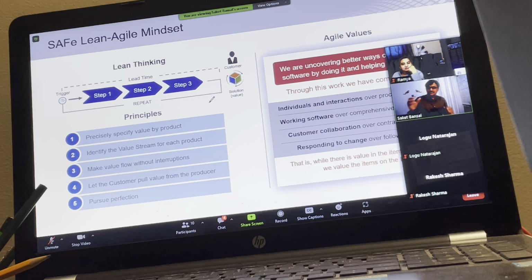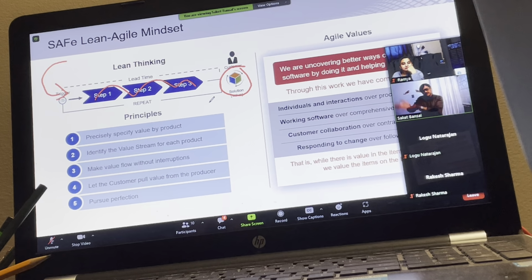So a value stream is something which delivers value. This stream delivers a value, and it gets triggered because someone asked for value. In simple words, someone requests a feature, and you deliver a feature, and this keeps happening repetitively. So this is your value stream of delivering a feature. Whatever steps you take in between, like analysis, development, integration, testing, those are the steps in order to release value.